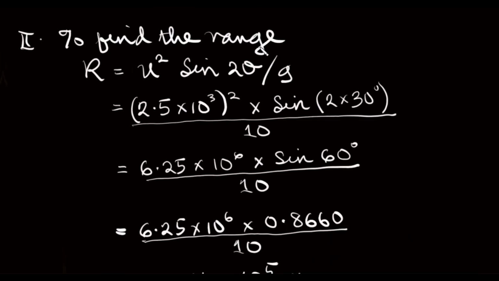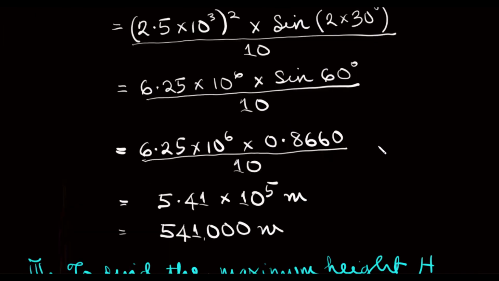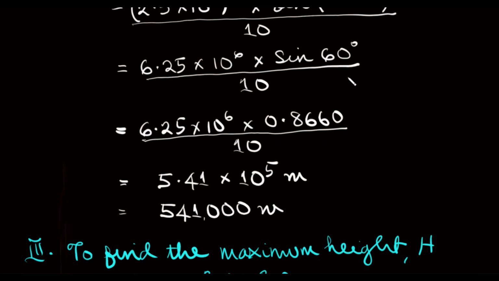To calculate the range, we use the formula for range, u squared sine 2 theta over g. We substitute the values of u, theta, and g. Sine 2 theta is sine 2 times 30 degrees, which is sine 60 degrees. So sine 60 degrees is 0.8660. We evaluate this and we obtain 5.41 times 10 raised to the power 5 meters as the range covered by